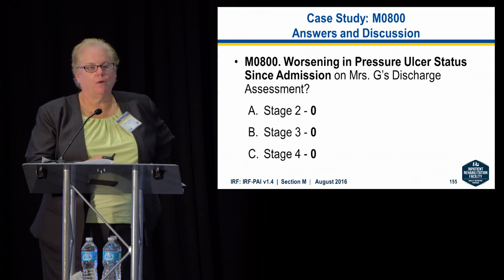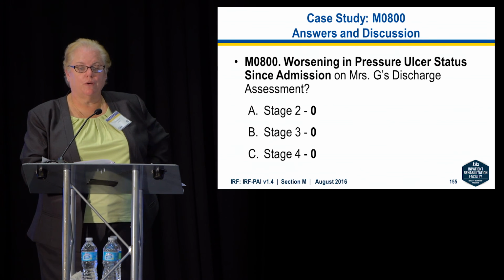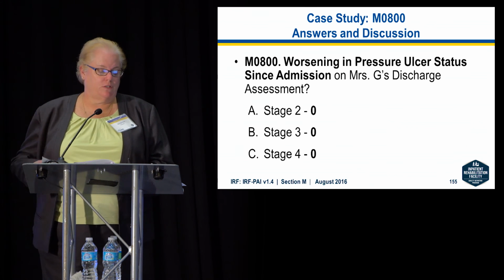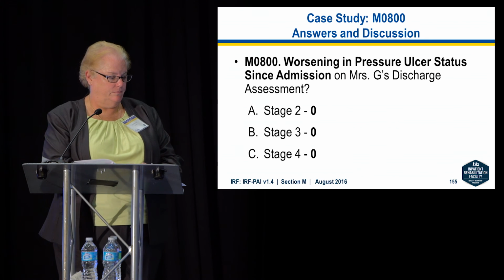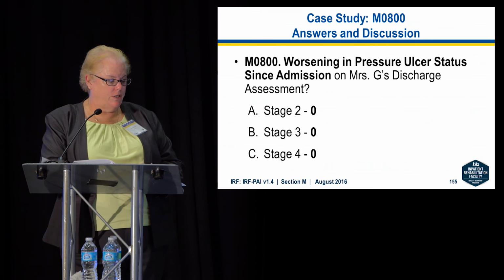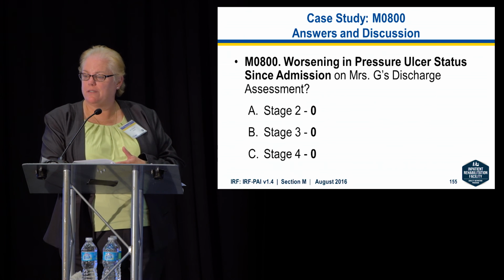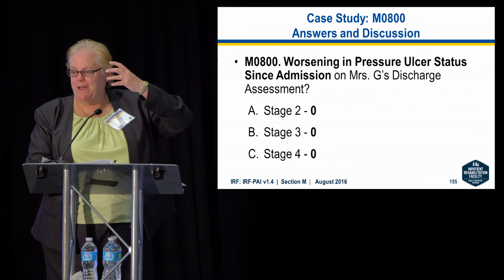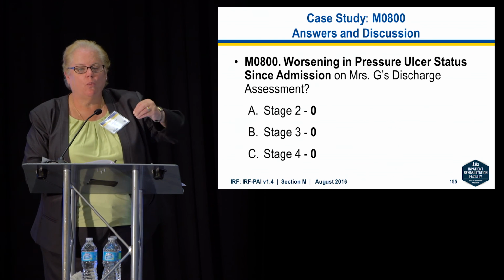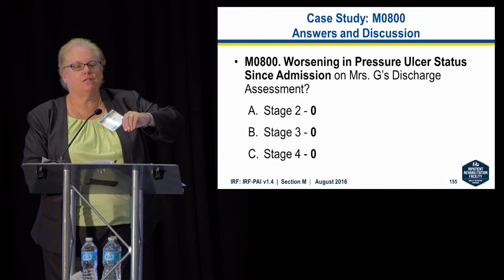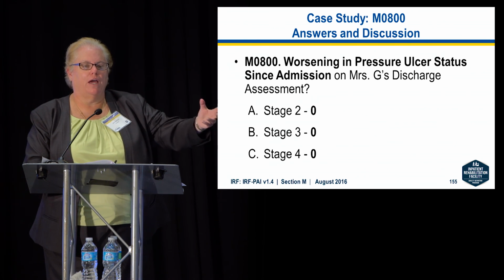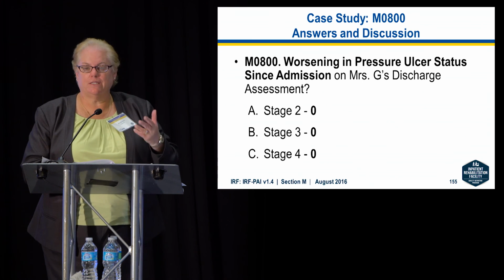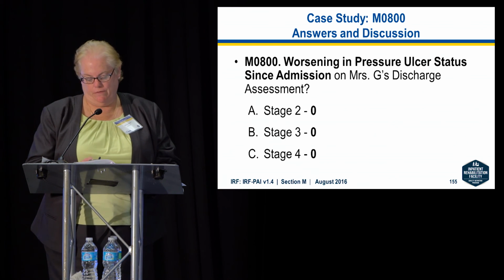0. So again, we go back to that whole thing. It was present upon admission. We had a suspected deep tissue injury, but the first time that we could stage it, we staged it as a stage 3 and we considered it present upon admission. So in this sense, that stage 3 isn't worsened. It's not new or worsened, and this is hard to wrap your head around. We had something there, we just didn't know what it was. And now we know that it's a stage 3, we can make that present upon admission. So here, it didn't get worse, and it's not new, because we had something there, it just declared itself.